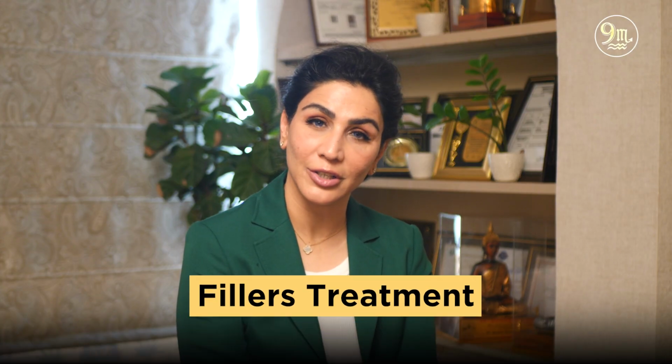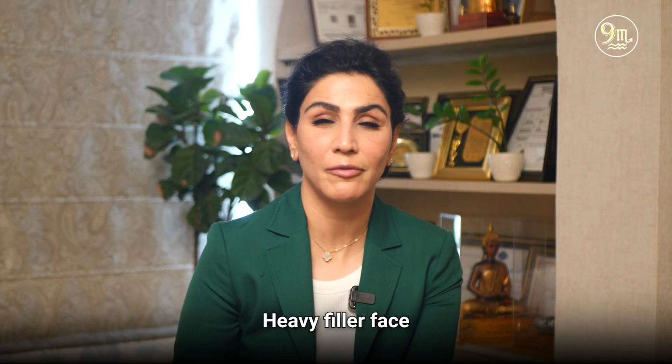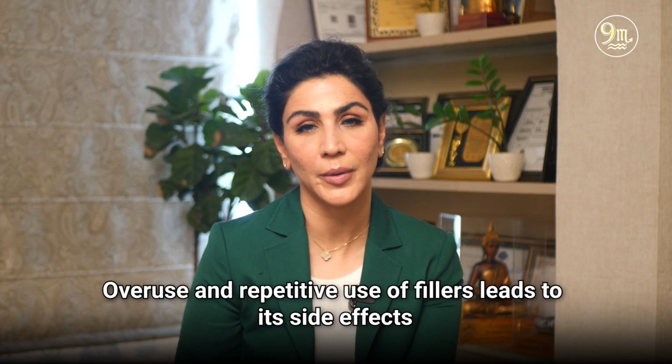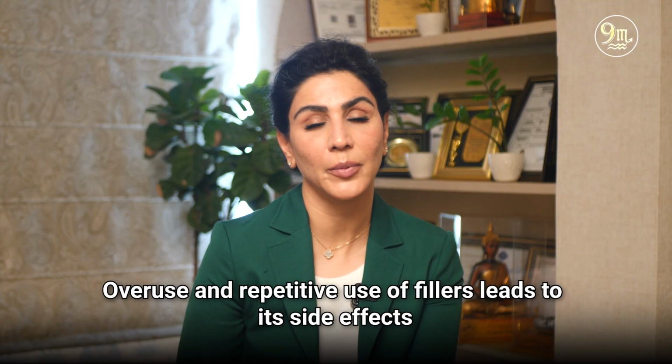Next treatment that can help in giving you lifting and youthful look is your filler treatment. Don't be scared of filler treatments. Again, the filler are very, very good treatment. There are certain mistakes that happen to have those kind of side effects, like heavy filler faces and filler fatigue, and all these terms have come up because of overuse of filler, not the filler per se, but because of overuse, overdoing in one go, repeatedly doing in the same zone and